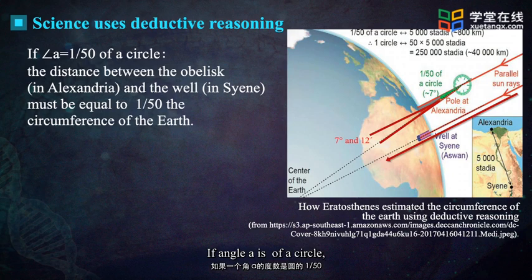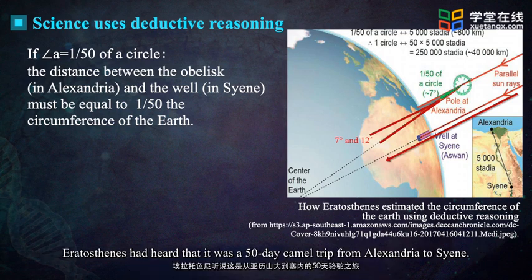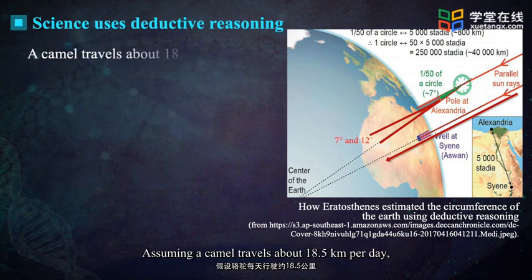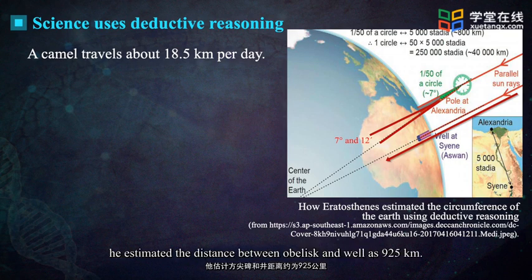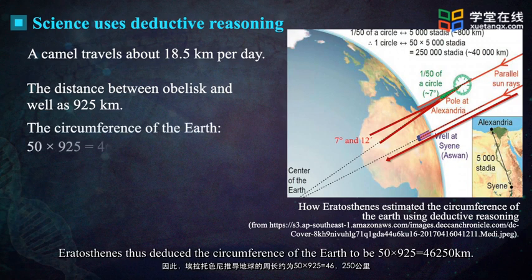If angle A is 1/50th of a circle, then the distance between the obelisk in Alexandria and the well in Syene must be equal to 1/50th the circumference of the Earth. Eratosthenes had heard that it was a 50-day camel trip from Alexandria to Syene. Assuming a camel travels about 18.5 kilometers per day, he estimated the distance between obelisk and well at 925 kilometers. Eratosthenes thus deduced the circumference of the Earth to be 50 times 925, or